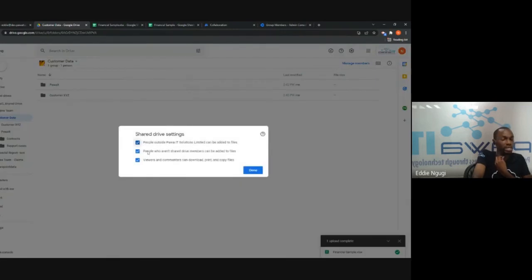I can limit the sharing of this data outside of our organization so that I know it is controlled and managed within Power IT. So let's say this drive does contain contracts, or financial data such as invoices,